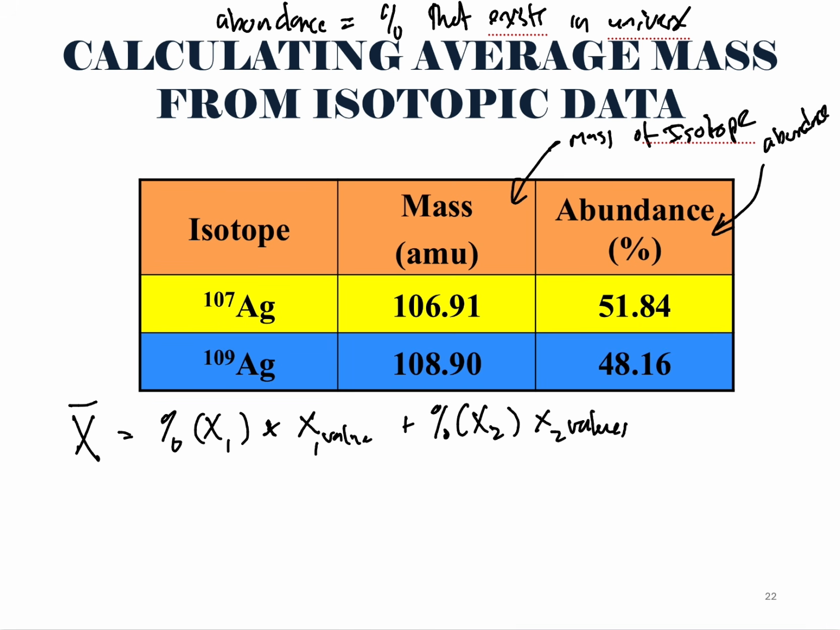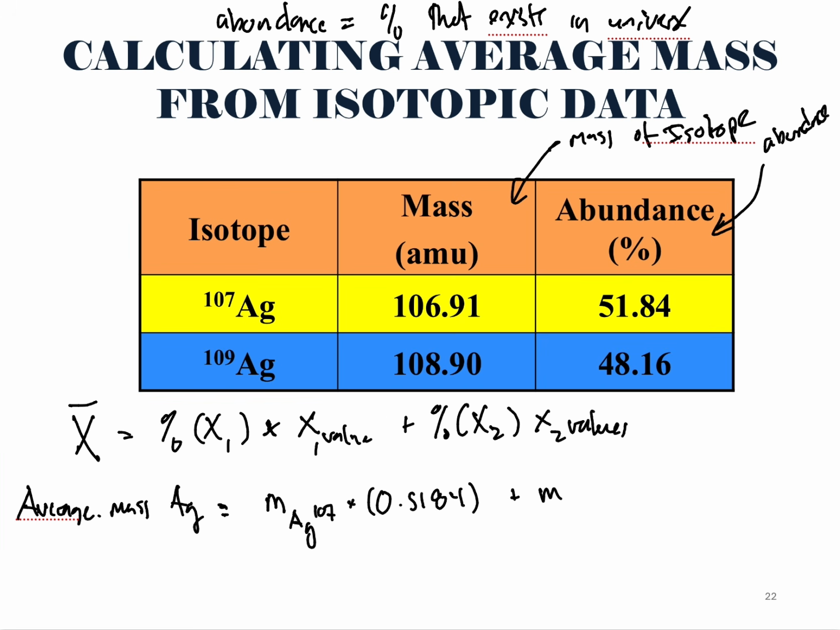Well, let's use it for the average mass. If I want to find the average mass for Ag, which is silver, how we'd use that based off this table is I'd say, well, the mass of Ag107 times its abundance percentage, which is 0.5184. Right? Whenever we use a percentage, we have to divide by 100, which is why it becomes 0.5184,